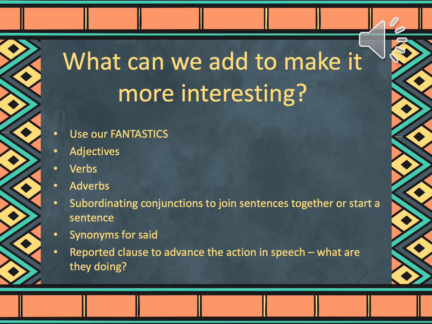Make sure you've popped notes of each of these things on your plan. Okay, once you've got that plan, you should then just be able to write from it. You shouldn't have to think about what you want to put in each paragraph because it's on your plan already. Okay, so if you're going to use a different synonym for said, write it on there wherever you want to use it. Okay, if you're going to use a subordinating conjunction, think about which one are you going to use in which paragraph. If you're going to use fantastic, think about where are you going to talk about feelings, where are you going to talk about what you can see and notice. Okay, so make sure your plan is really detailed today, please.